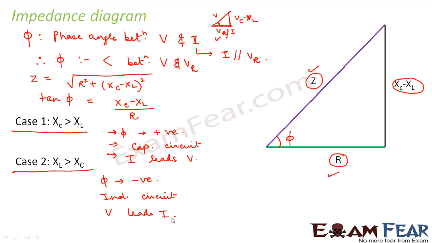So how do we get this value of impedance? That is very clearly shown in the phasor diagram. Now the different scenarios: if your capacitive reactance is more, then the circuit behaves more like a capacitive circuit. If your inductive reactance is more, the circuit behaves more like an inductive circuit. So these are the main points which we studied about the series LCR circuit.